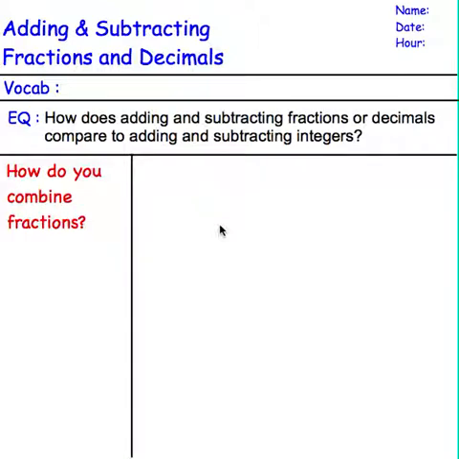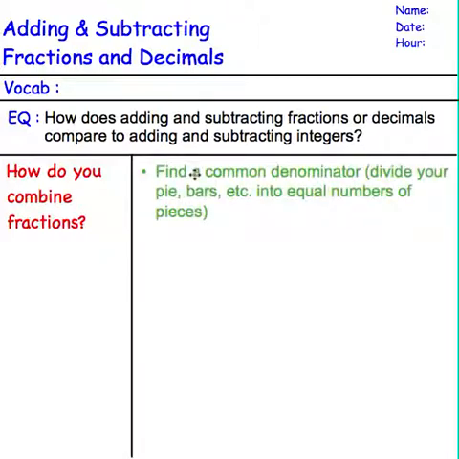Yesterday, you took a look at how to add and subtract integers. Today, we're going to go to the next logical step and deal with adding and subtracting fractions and decimals. So the first thing we want to talk about is how we combine those fractions. First step is going to be finding that common denominator, dividing that pie or bars, etc., into equal